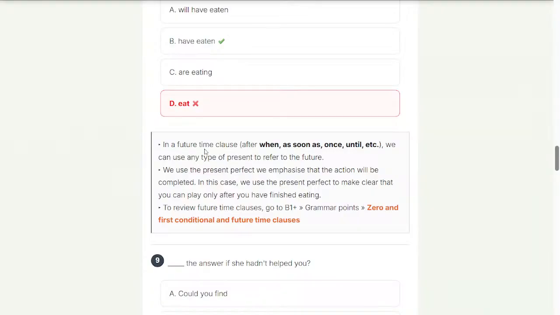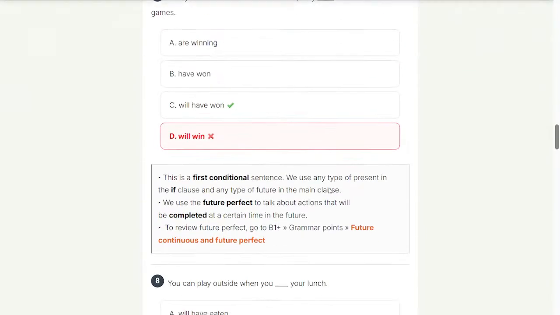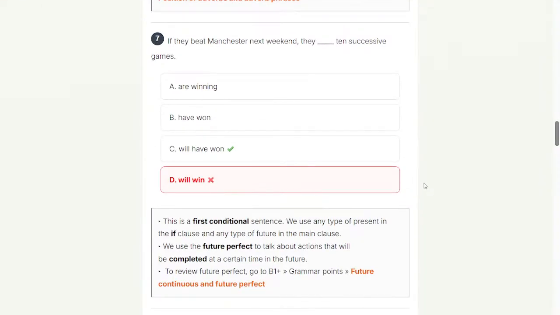So I get it. I need to remember two things: in the first conditional we use any type of present in the if clause and any type of future in the main clause.